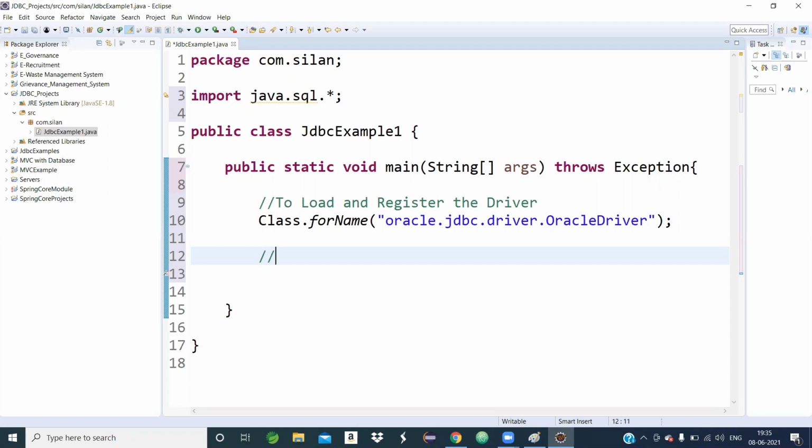When it executes, the type 4 driver is loading.